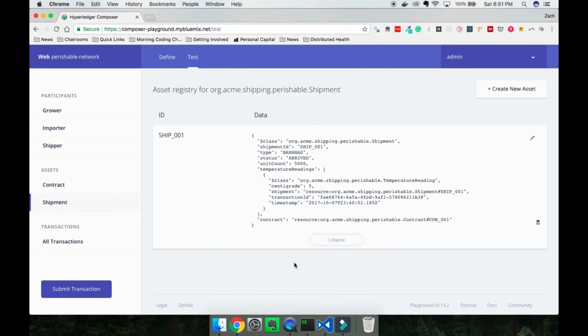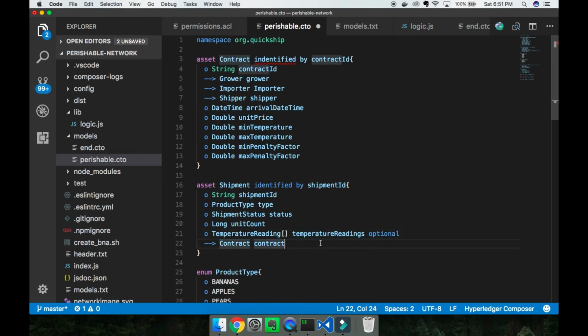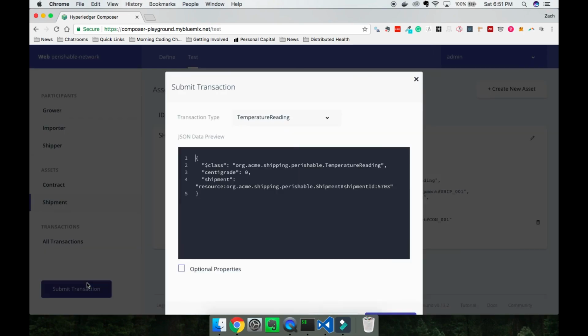And coming over to our network, you can see that what I just added was this temperature readings, which is optional, and essentially it's saying that on a particular shipment, we may or may not have had a temperature reading to date. So it's optional in the case that a shipment does not need to have a temperature reading, but once we submit that transaction, we come down here to the bottom left corner and submit a temperature reading, and we're going to submit it to our